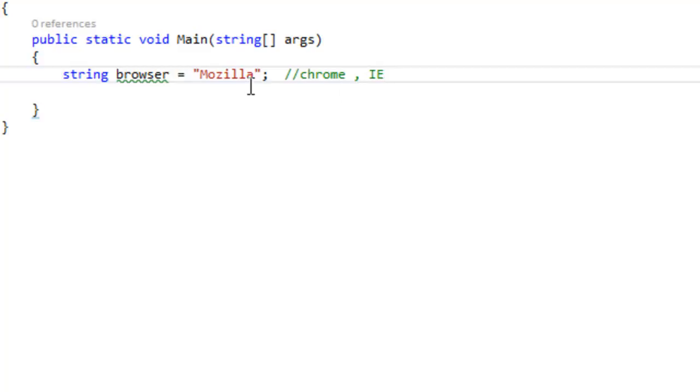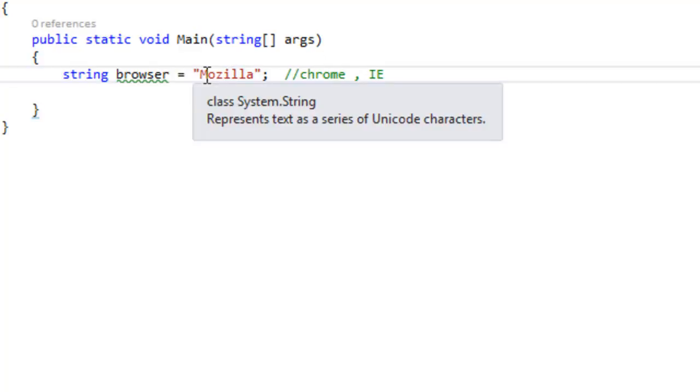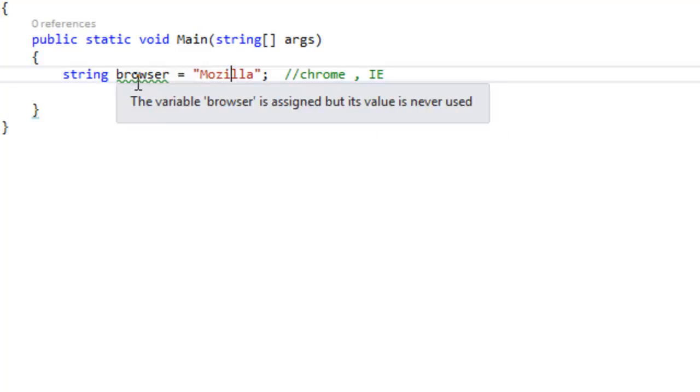So according to the requirement you can give the browser name over here in the string variable. Right now I am hard coding this browser name in my script, but as we proceed with the course we will be reading this parameter from some external file, from the Excel file.